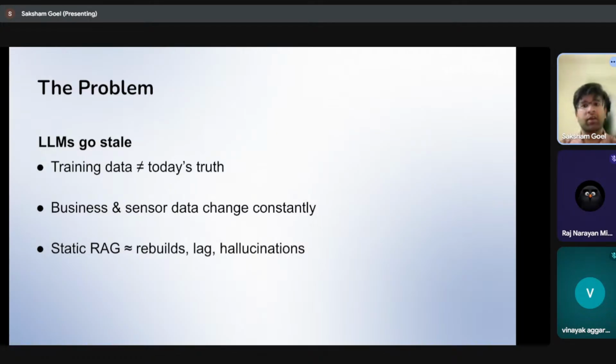That means they miss today's news, your latest company documents, your professor's lectures, the changes in IoT sensors, etc. Even static RAG solutions often need rebuilds.